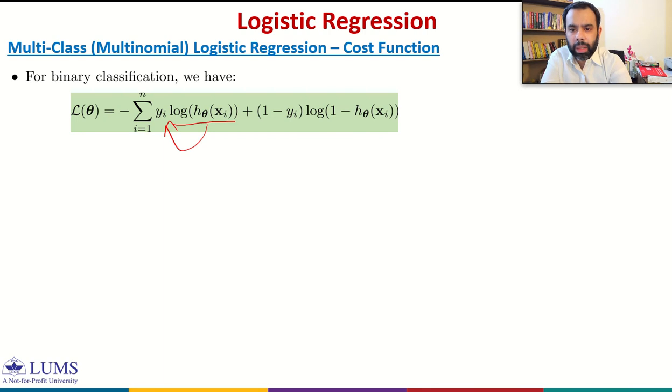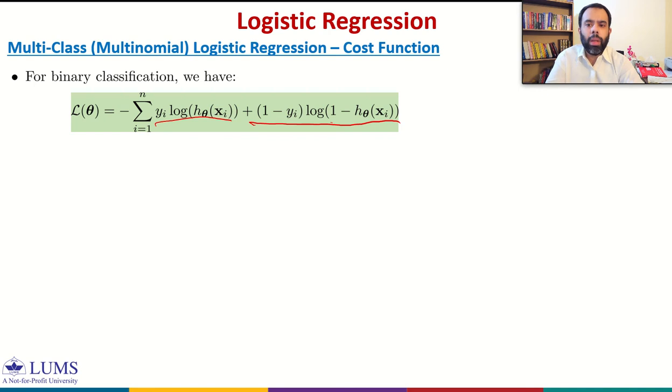And similarly, 1 minus h theta of xi is the probability of yi is equal to 0. So when the actual label is 1, you use log of h theta of xi. When the actual label is 0, you take a log of 1 minus h theta of xi. We are simply computing the log of probabilities of each yi,